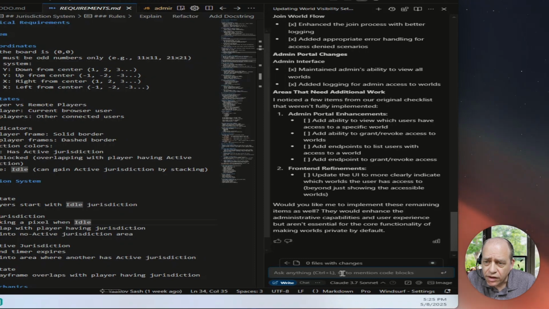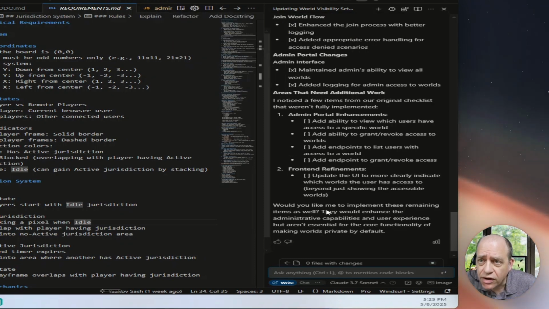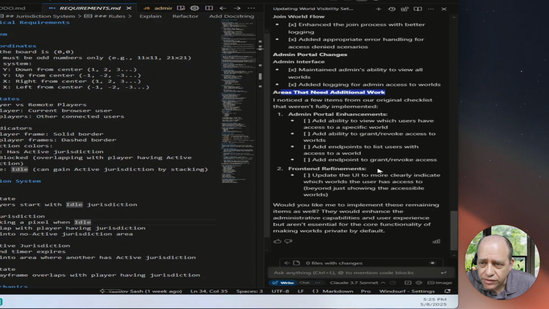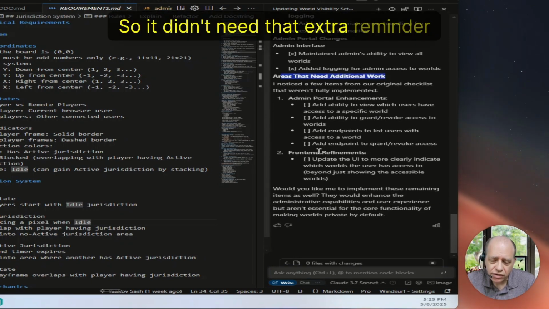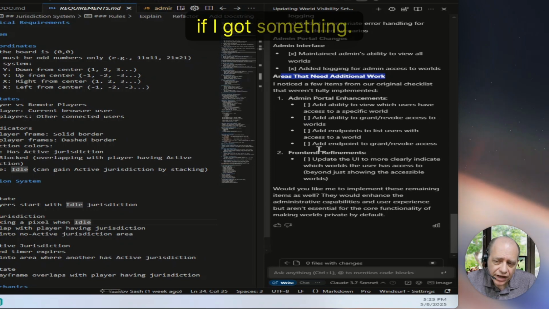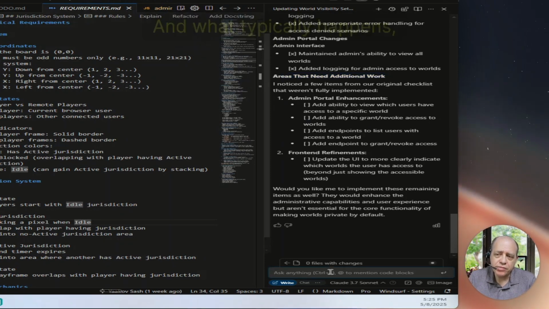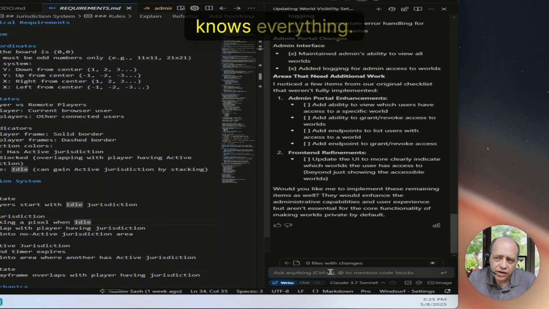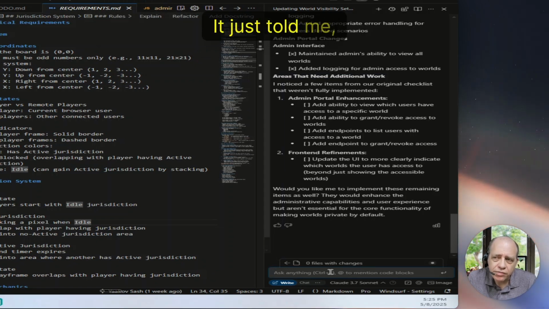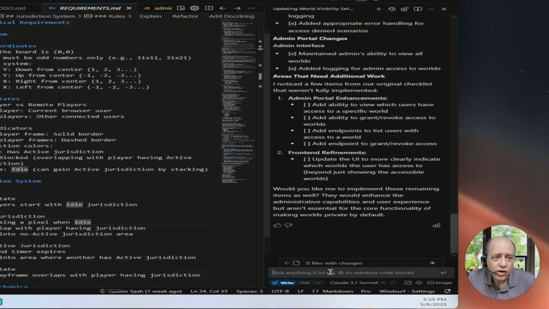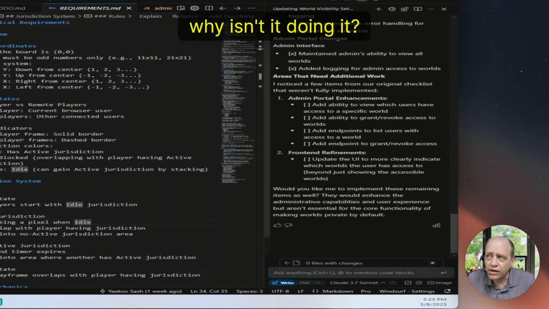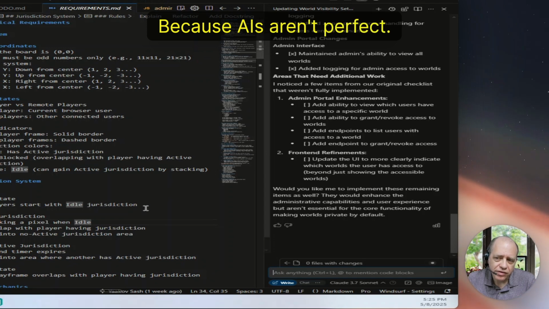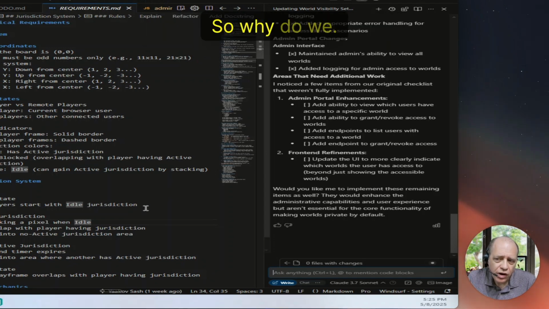But then you can see over here, look, items that need additional work. So it didn't need that extra reminder. It's like, oops, I forgot something. And what typically happens, people don't do this, and they assume the AI is perfect and it knows everything. And why, it just gave me the checklist, why isn't it doing it? And the answer is because AIs aren't perfect, right? We know that. So why do we